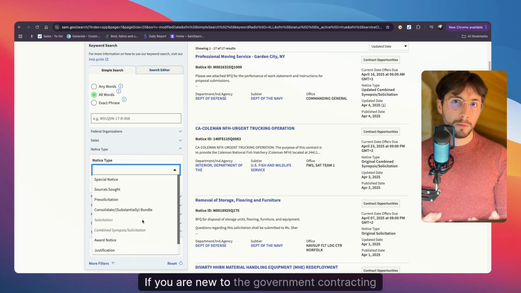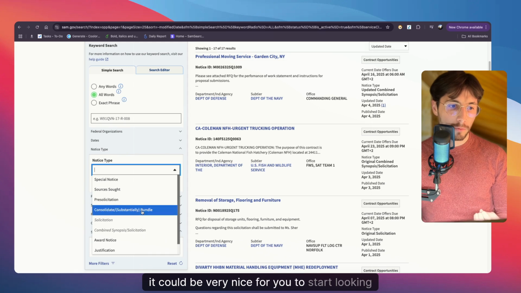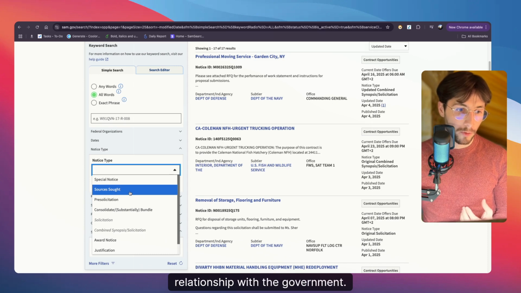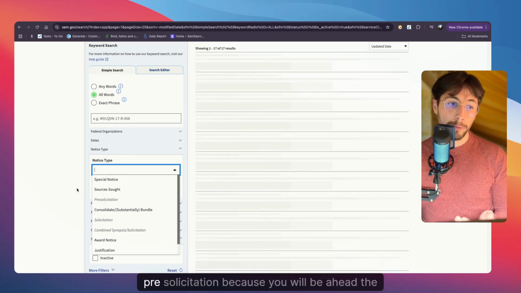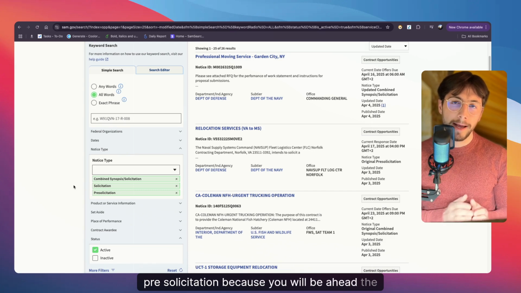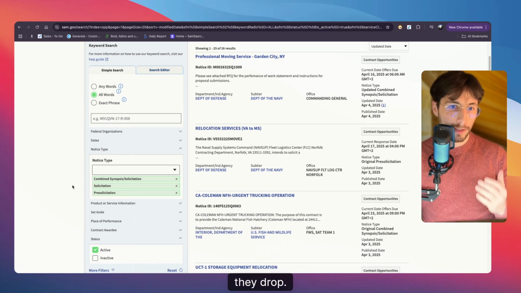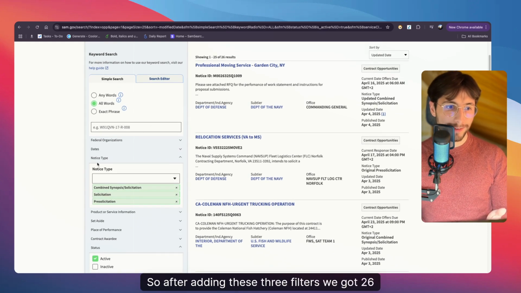If you are new to the government contracting world, it could be very nice for you to start looking into sources sought and start establishing some relationship with the government. And it could be quite important to keep an eye on pre-solicitation because you will be ahead of the curve and be ready for the new solicitation once it drops. So after adding these 3 filters, we got 26 results.